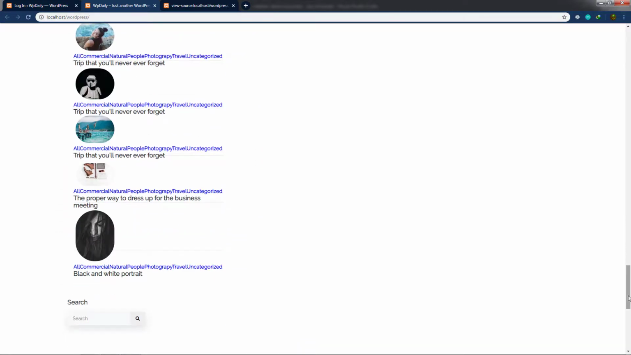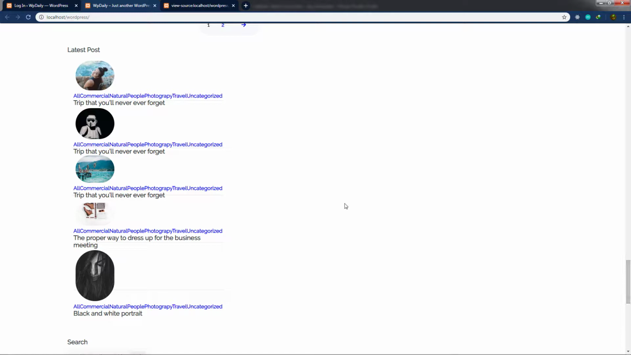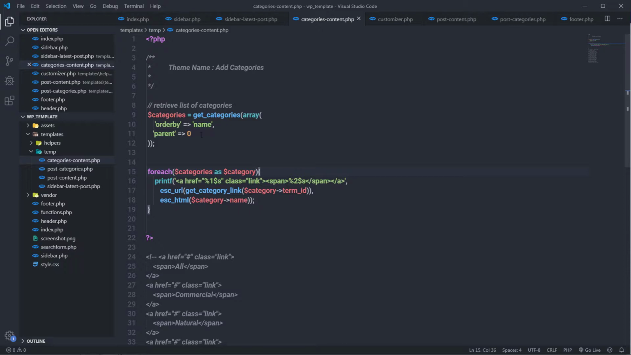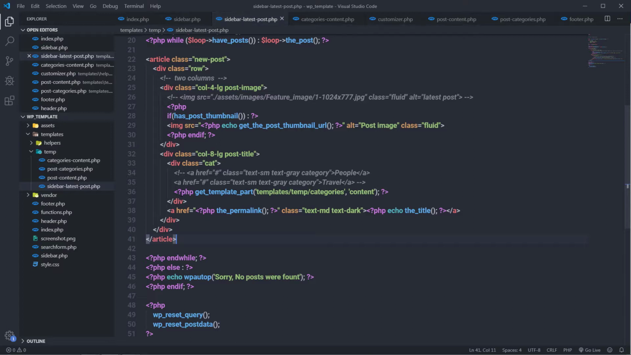Now because we use here get categories, I'm going to have all the categories to this post. So we need to solve this problem. So what I'm going to do is, instead of using this template tag get categories, I'm going to use here get the category function. So what I'm going to do is, I'm going to just back to my latest post PHP, get rid of